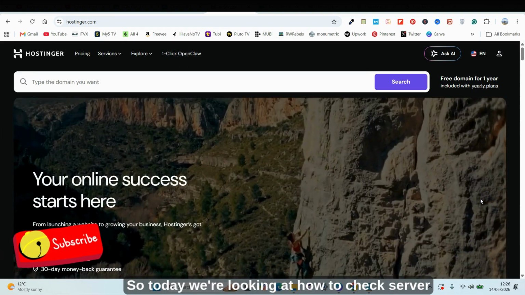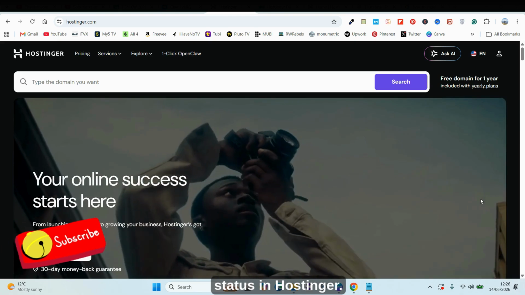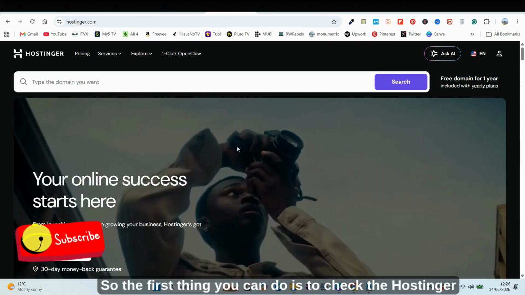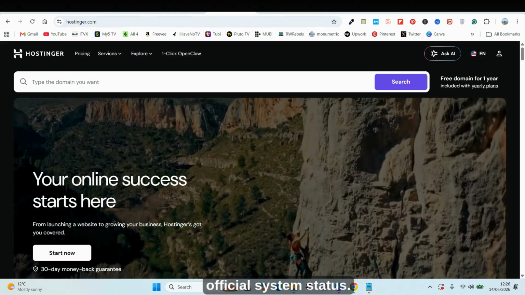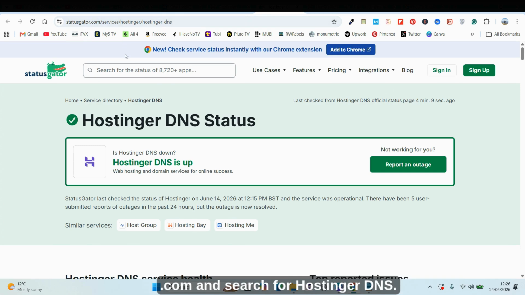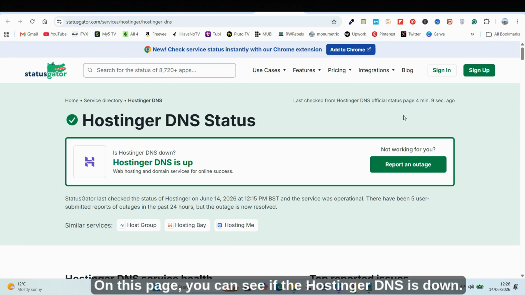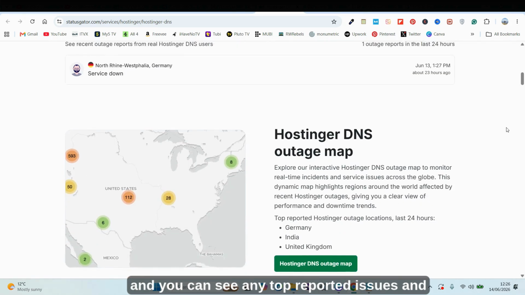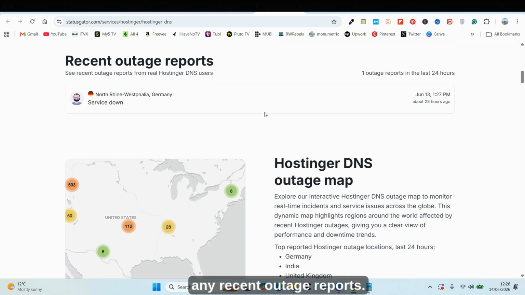So today we're looking at how to check server status in Hostinger. So the first thing you can do is to check the Hostinger official system status, and you can do this using a website called statusgator.com and search for Hostinger DNS. On this page, you can see if the Hostinger DNS is down. You can see the Hostinger DNS service health, and you can see any top reported issues and any recent outage